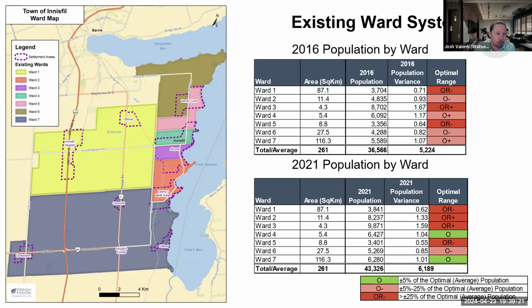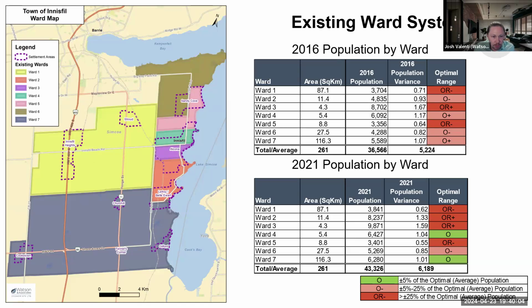dense. And we can see that in both the 2016 and the 2021 population charts on the right-hand side, with Ward 7 being over 100 square kilometers in 2021 with a population of just over 6,200 people. While we look at Ward 3, which is quite small, under 5 square kilometers, but with almost 10,000 people as well. So vastly different wards geographically and from a population perspective, but also from a community of interest. We can see here that Wards 7 and 2 do split Lefroy in half. They both have a portion of Lefroy. You can see there between the orange and the blue lines that community of interest is divided into 2